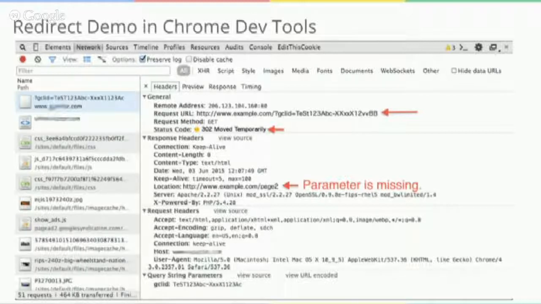And in this particular example, we can see that the parameters are missing after the redirect. And that's a big problem for Google Analytics, because then we can't actually see where that user originally came from without it. So that immediately would be something you'd want to look into with your website developers. That's really handy. That's a good tool to be able to check this out, to see the URL that you're sending, if it's actually going to the place that you want and maintaining those parameters. So thanks for sharing that with us.